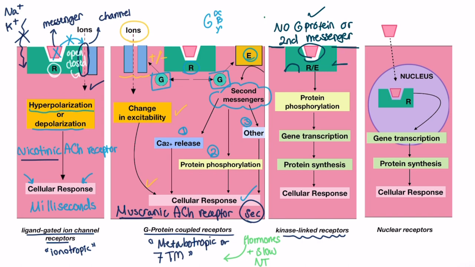So in this type of receptor, the protein itself has a dual function. It works as a receptor and enzyme. Once the enzyme is activated, it causes phosphorylation reactions by adding phosphate to the substrate. An enzyme that catalyzes a phosphorylation reaction is always called a kinase enzyme. So this receptor is referred to as the kinase-linked receptor.